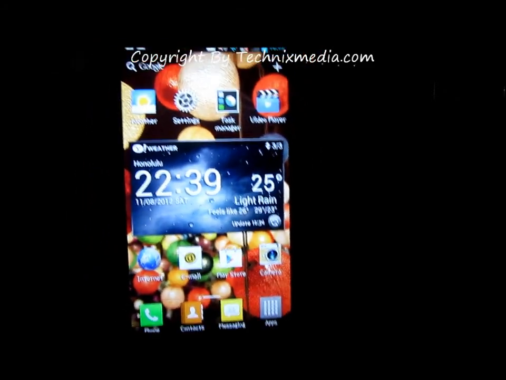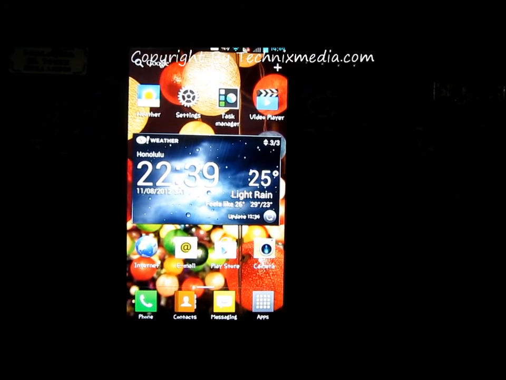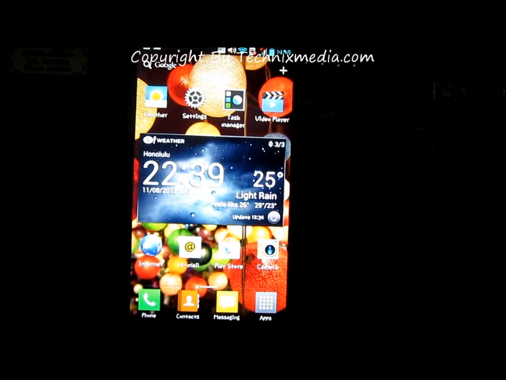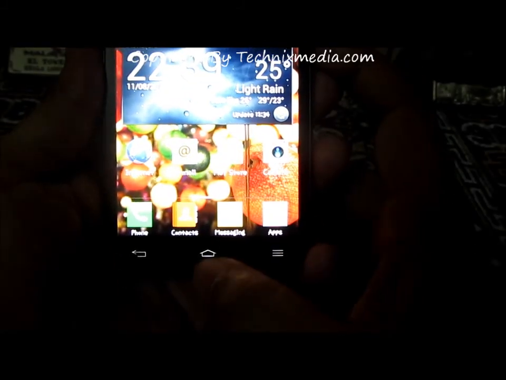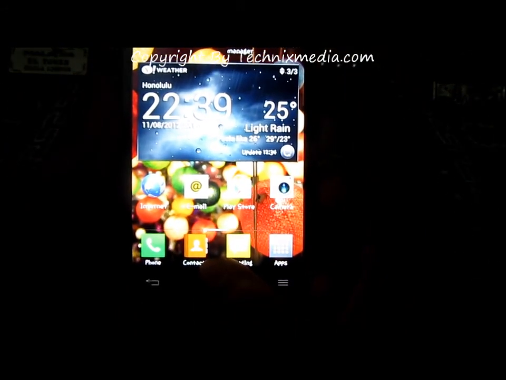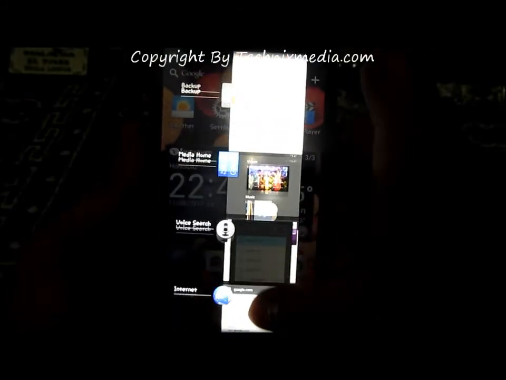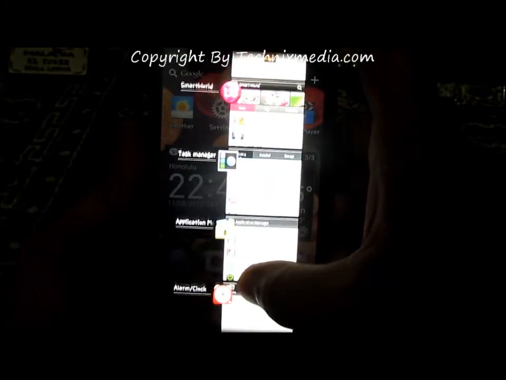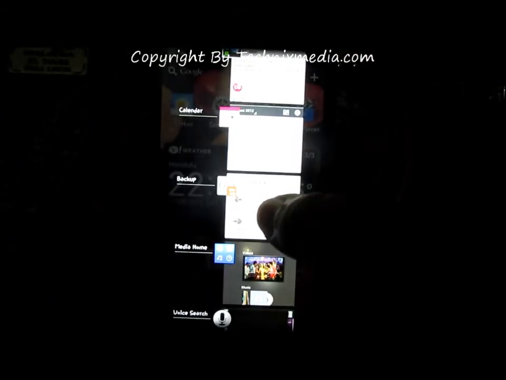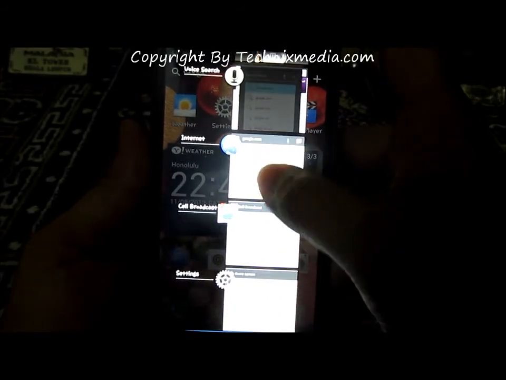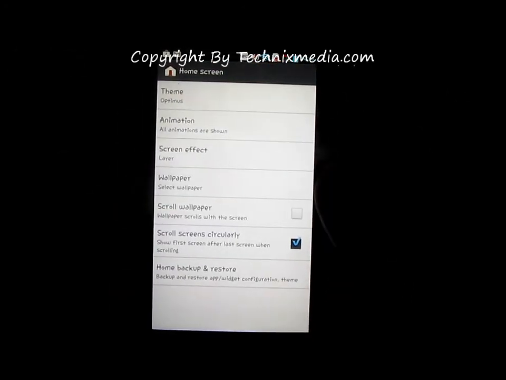Apart from this, if you want to go to any of the recent applications which you were running, or you want to close them, this feature is already there in Android Ice Cream Sandwich. For this, you first need to press the home button and keep it pressed. It will show you all the applications which are already open and running on your phone. If you want to kill these applications, you can do so by sliding like this. And if you want to switch to a different application, you can just tap on it and you will be in that application.